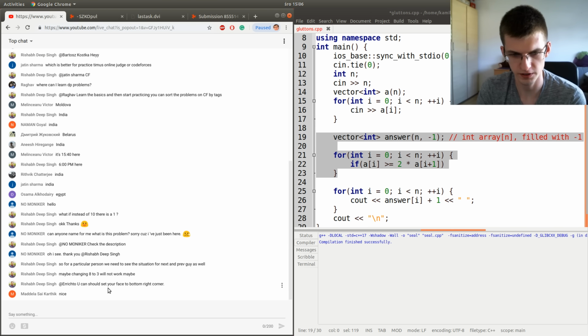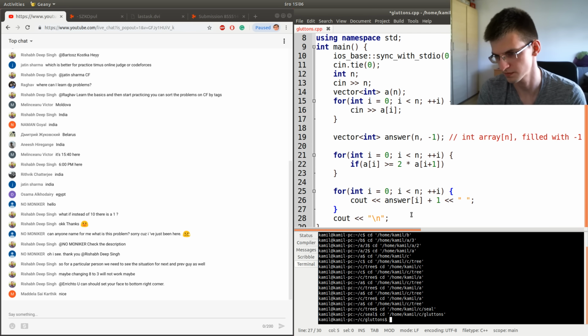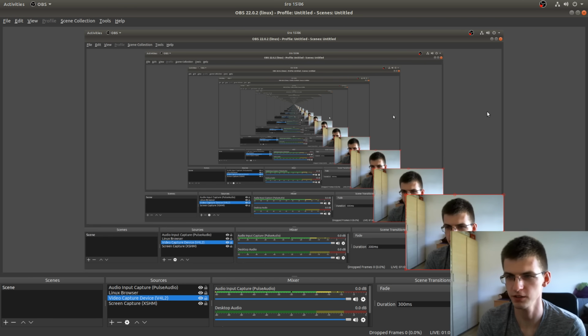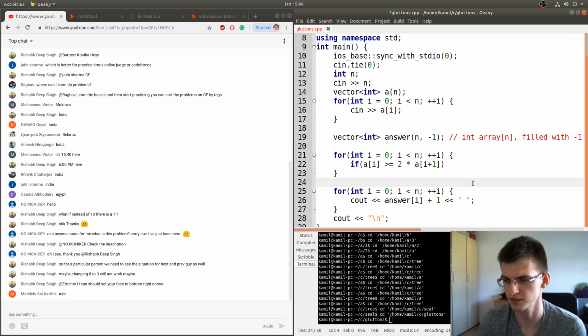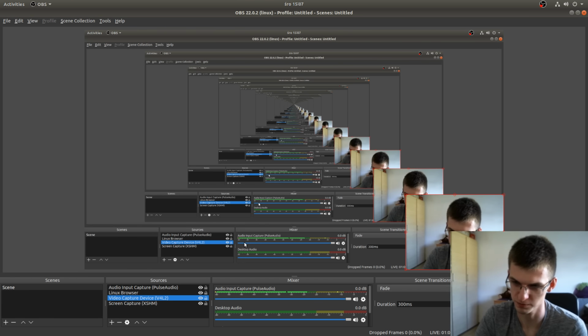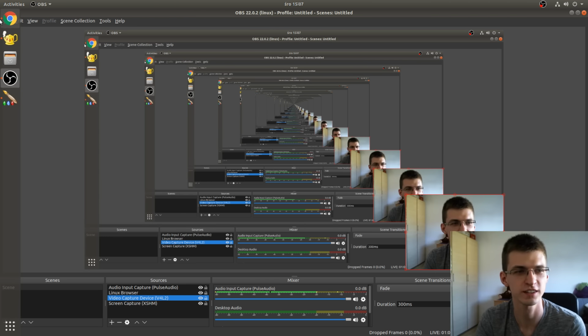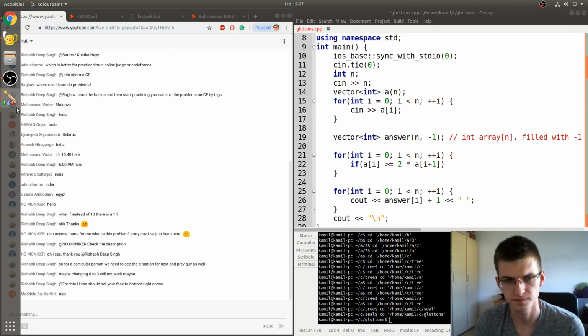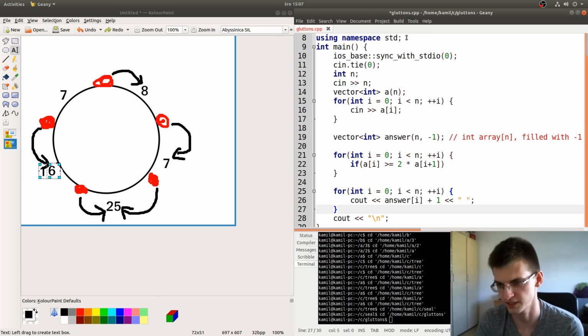You should set your face to bottom right corner. But sometimes maybe I should. I don't know if it will be stranger for you, because I think my face looks in my bottom right, because this is where my keyboard and monitor are. So now I look at the bottom of a screen instead of looking in direction of code, but doesn't matter much. Okay. Tell me if my face now covers something important.